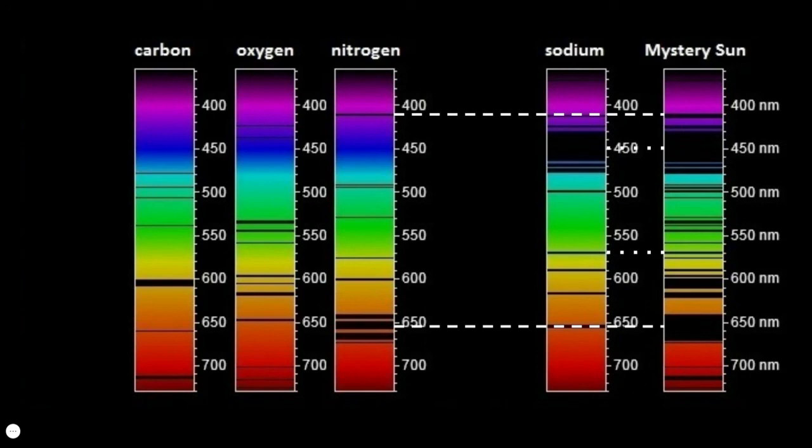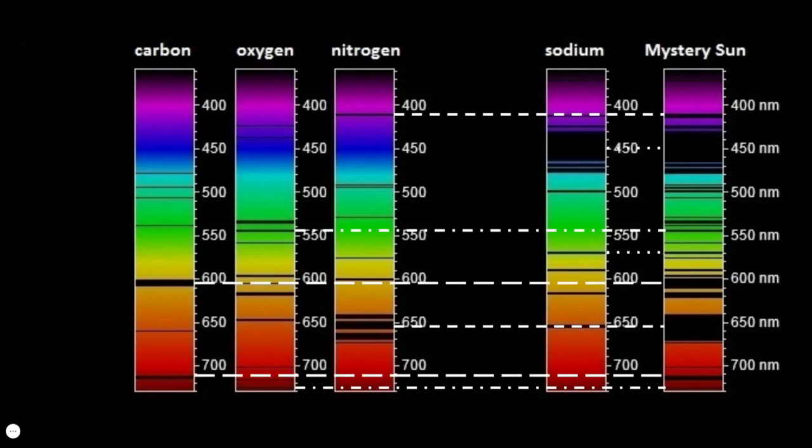For oxygen, we're seeing some of that banding right around the 550 nanometer mark, and then again, that triple banding down by the 700 nanometer mark. Now that banding looks a little bit different in our mystery sun because we're also getting that distinct band around 700 nanometers from carbon, and it's blending with the bands from oxygen to make it look like a new unique pattern that we haven't seen before.